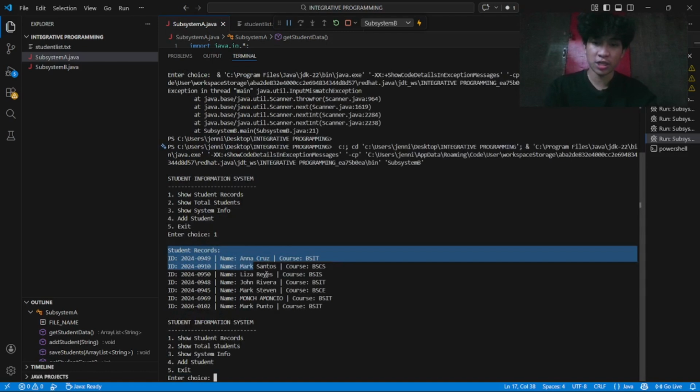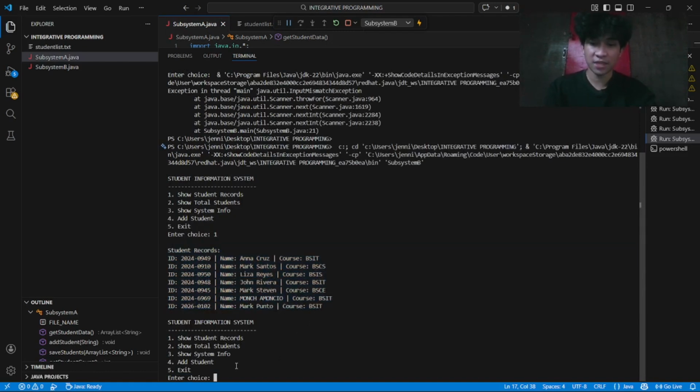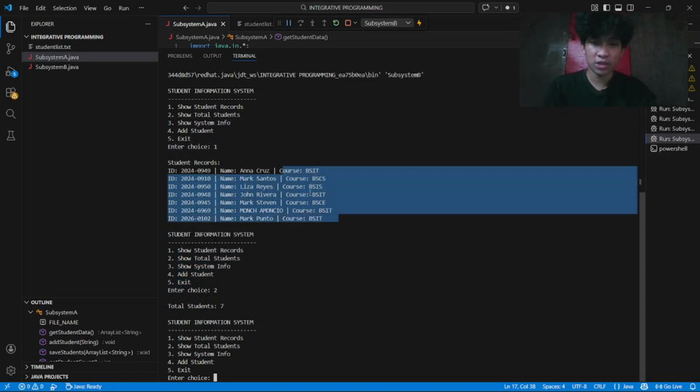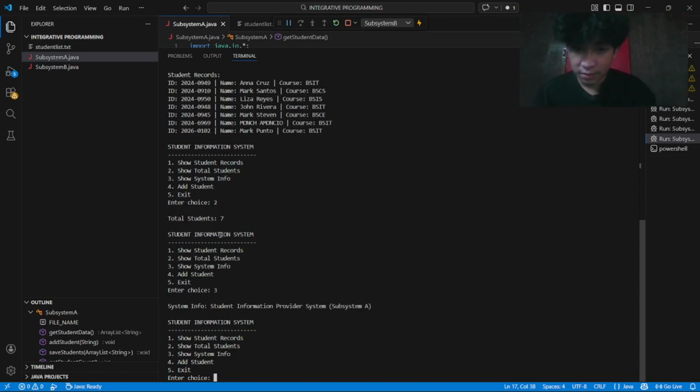It will show all the records from the student list. Then if we show the total students, there are 7 students here: 1, 2, 3, 4, 5, 6, 7. It will count the total. Then if we choose option 3, enter choice, the system info shows the student information provider system, where subsystem A is our provider.